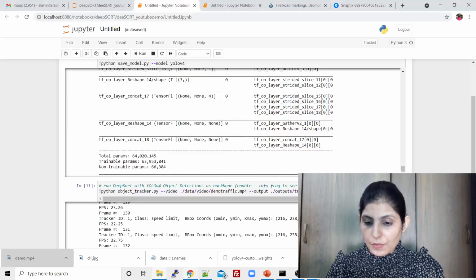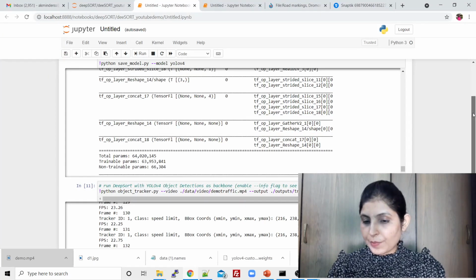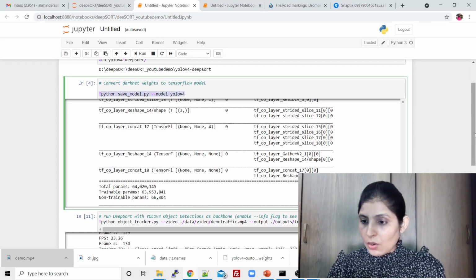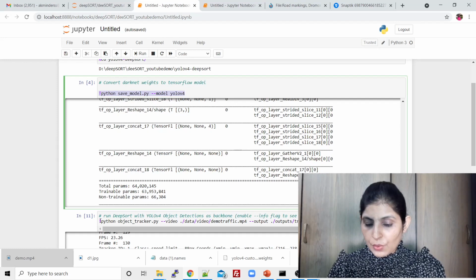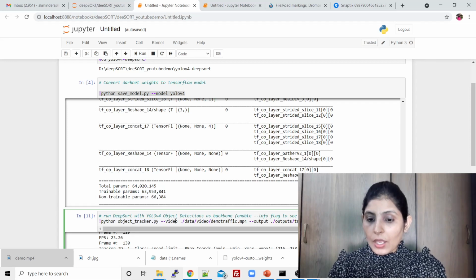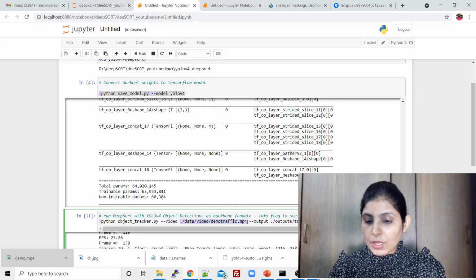Now let's perform the object tracker. This I have shown you, right? Now this line of code will run your tracker. You have one file with the name object tracker.py, and this file is running our tracker. In the video flag you have to give the path of the video on which you want to perform the tracking.